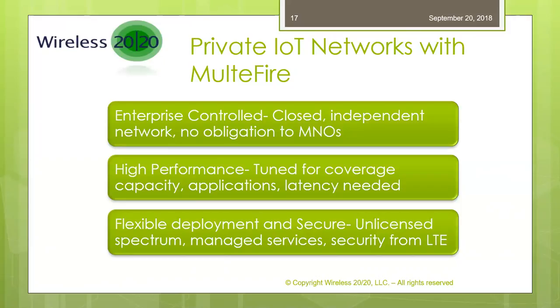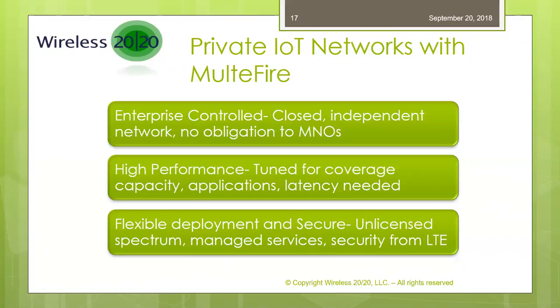Because of the unlicensed nature of MulteFire, the enterprise is able to deploy their own private network. The other thing that's important about it being a closed network is that once the kinds of sensors, controllers and receiver technology that we need are available, this network can be deployed very quickly. We don't have to wait for deployment of the technology in next generation handsets or anything. So that's one of the important advantages of deploying a network based on MulteFire.